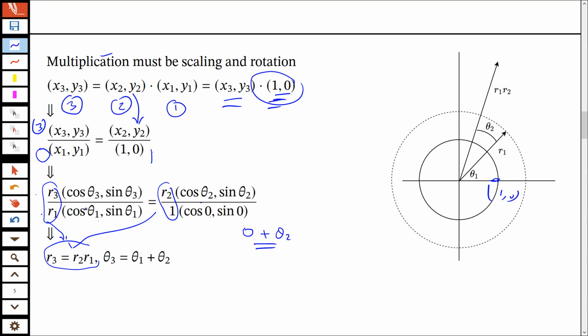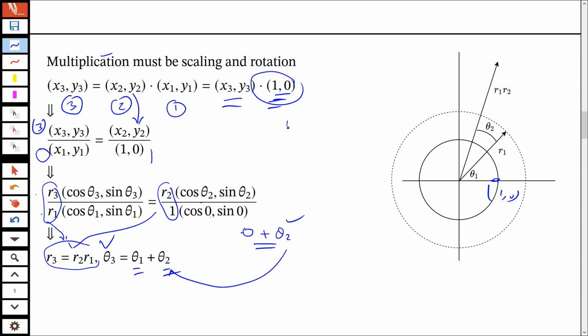So the same is there. That theta 2 is actually added to this theta 1. If it can add to 0, it can add to theta 1 as well, and that gives you theta 3. That's the rule of multiplication in complex numbers. It has to be this way, there is no other way. So to recap,